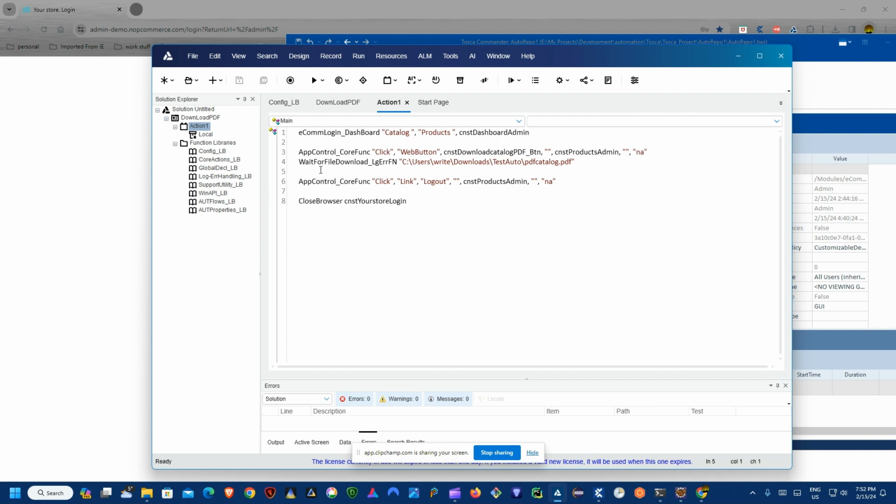In my automation engine, the web element IDs or names or XPath, which is here, or these are web element names as well too, menu items. Here's my logout button. This is the web class. This is the web button class name, link class name. This is the action. This is the name of the PDF download button here, which I have as a constant